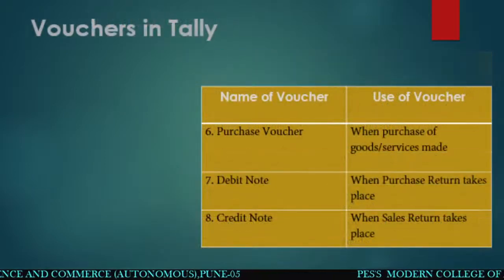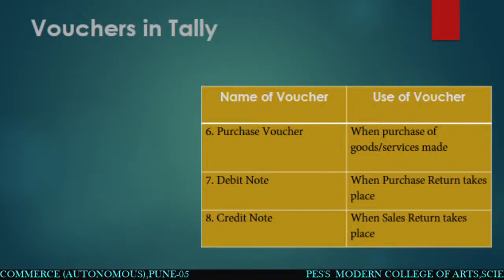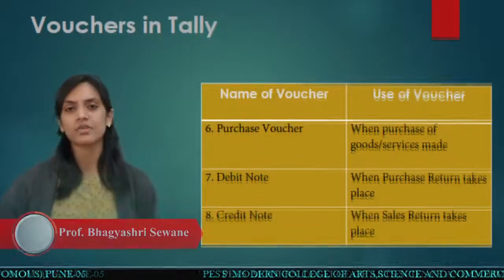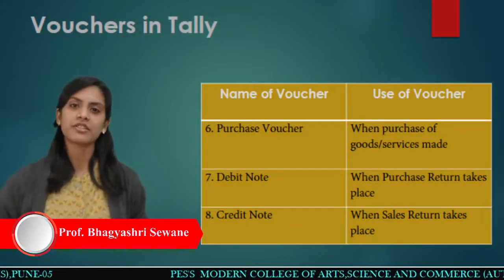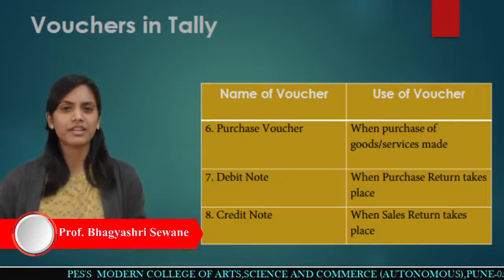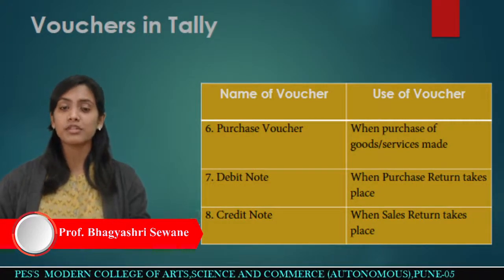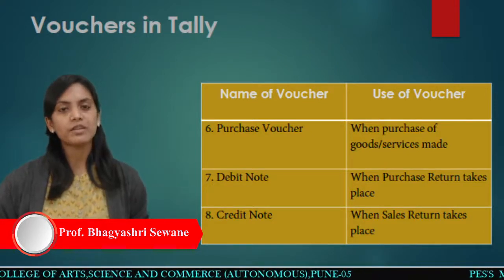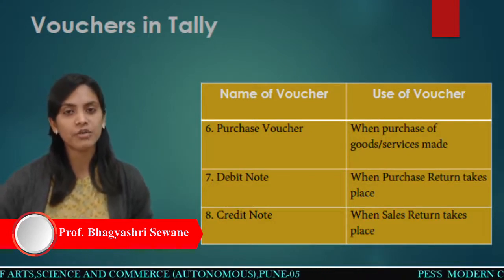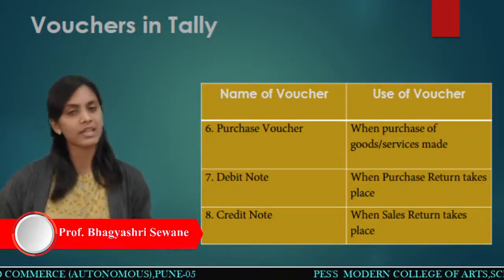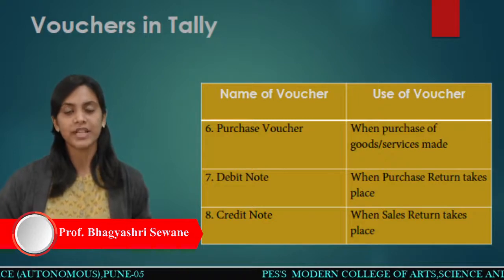So next voucher is a purchase voucher. Purchase voucher means when you do a purchase, okay? When a raw material is purchased by your business, at that time, what will be the entry? The purchase account is debited, okay? And the cash account is credited, or any party's account is credited, depending upon the nature of the transaction, right? So in the purchase voucher, what is going to be recorded over here? Only the transactions which are related to the purchase, okay? That is going to be recorded in the purchase voucher.